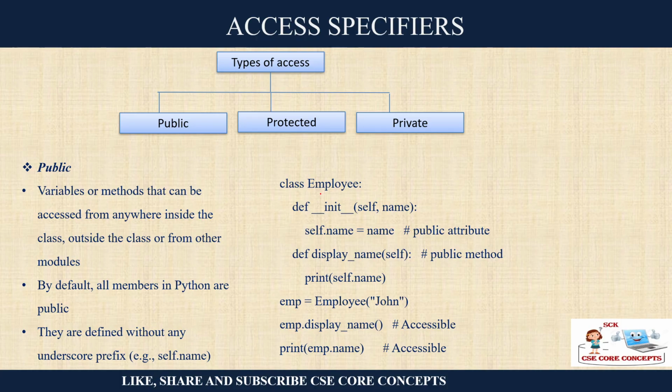Here I have a class Employee, and this is the initialization constructor, where I have one variable, name. I am declaring this variable name as public, and it has to be public, right? Account name has to be public, and you are simply displaying it. This is an instance of the class Employee, and you are accessing the method display name, which has been defined here. This is by default public.